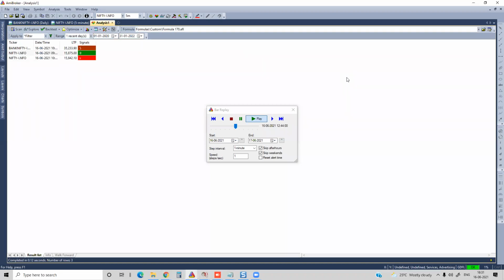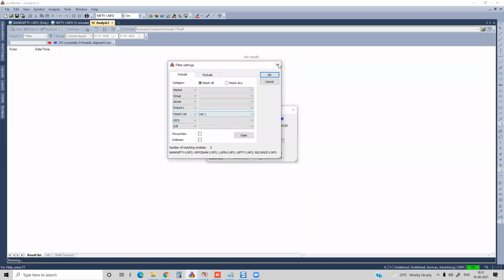Even if you have 50 stocks, scanning can be done in less than a second or a bit more. You can see how many seconds it takes to complete the scan. It took hardly 0.13 seconds. That means 130 milliseconds is what it takes to complete each scan. We are looking at only four or five symbols here. If you need more, you can go and add multiple symbols also. That's not a big deal. Always go back and select the appropriate watch list, and that's how it works.